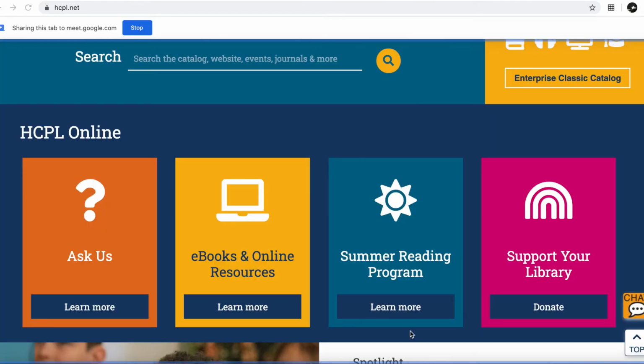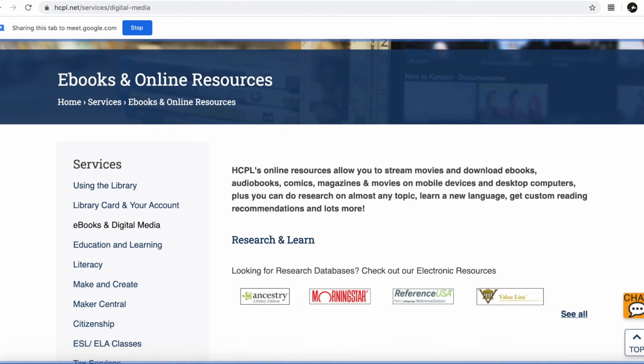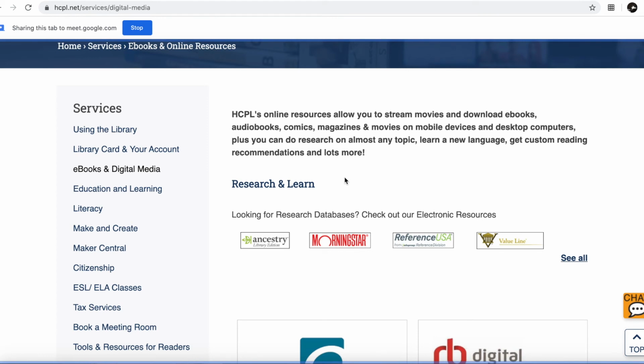This is how you get onto the HCPL website. So first you would go to hcpl.net. Well, then you're going to scroll down till you see a golden box that says ebooks and online resources. And there's a blue button that has learn more. And you would click on that button. And then if you'll scroll down, you'll see a section titled Research and Learn. It says looking for research databases, and it has a few of them right there, and all those are wonderful, but we need to click on See All,